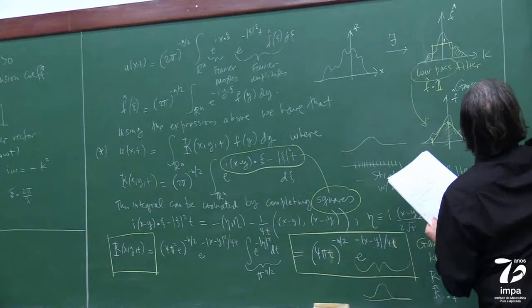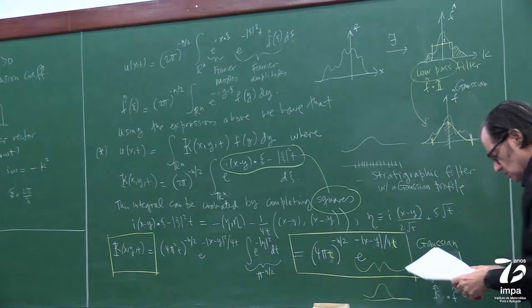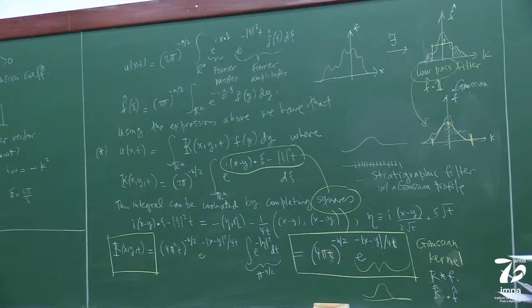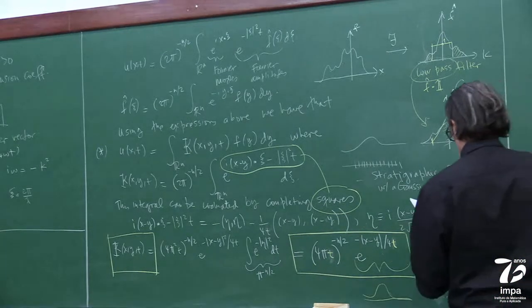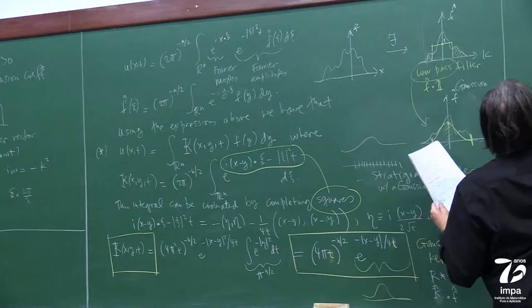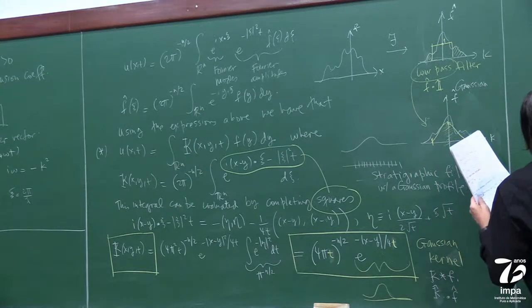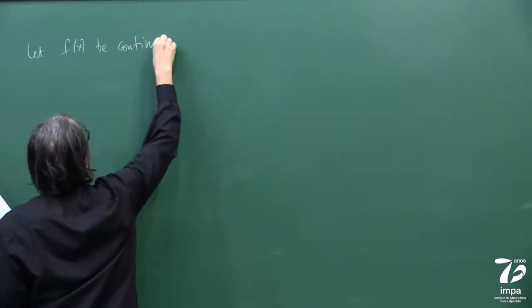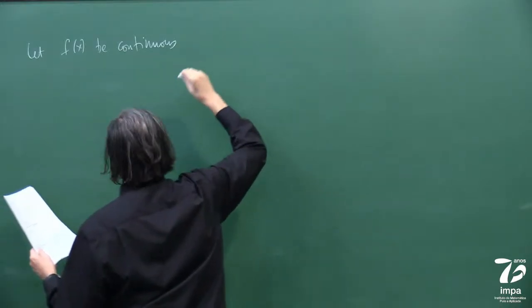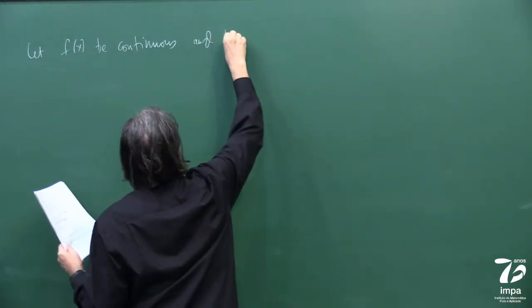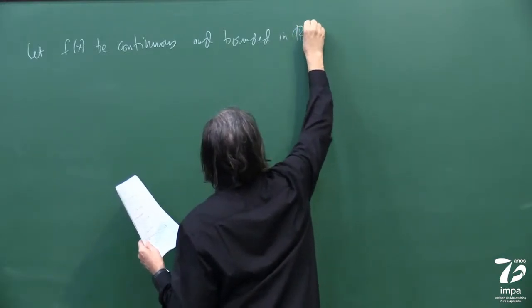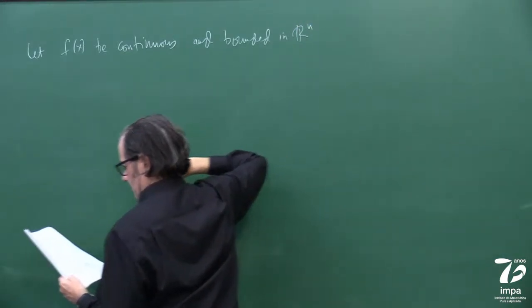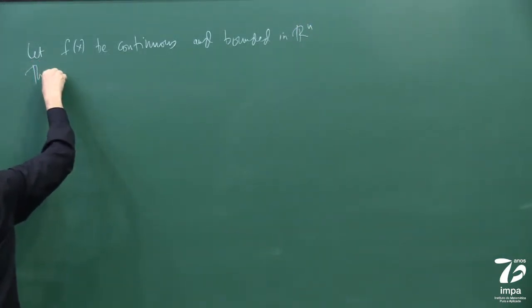So, okay, so here's what we want to do. Let me double check if that's what I have in mind. Yes. Something similar we did for the elliptic problem. So let f be continuous and bounded in Rn, then